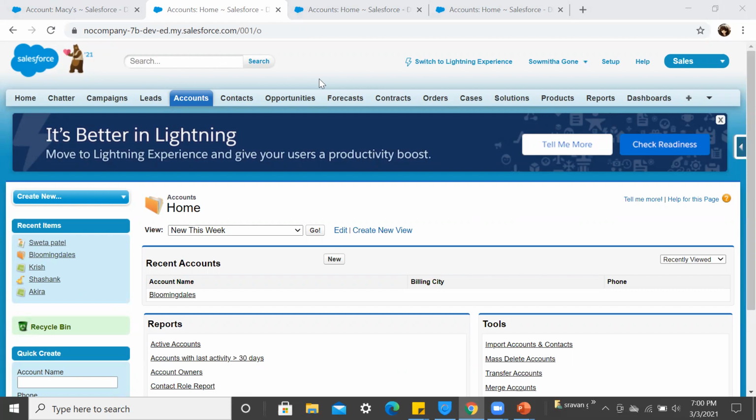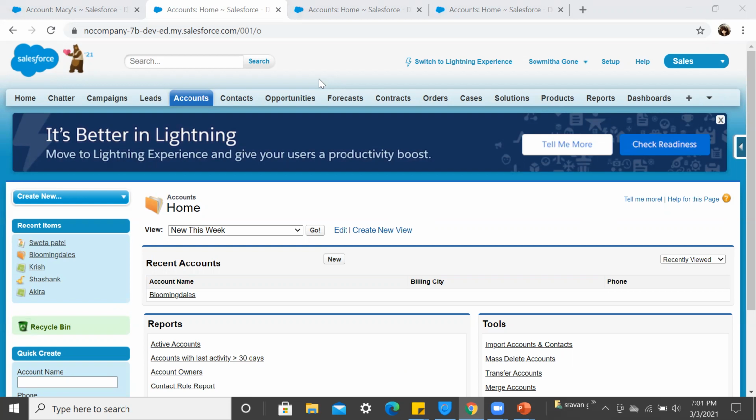So how you need to answer is: the relationship between account and contact, as per the UI, is a lookup. Why is it a lookup as per the UI? Because account is not mandatory at the time of contact creation. Yes or no? Everyone agree? I'm expecting everyone to give an answer. If you are not answering, what I understand is you are not understanding. At the time of contact creation, is account required or not required? No. Not required.